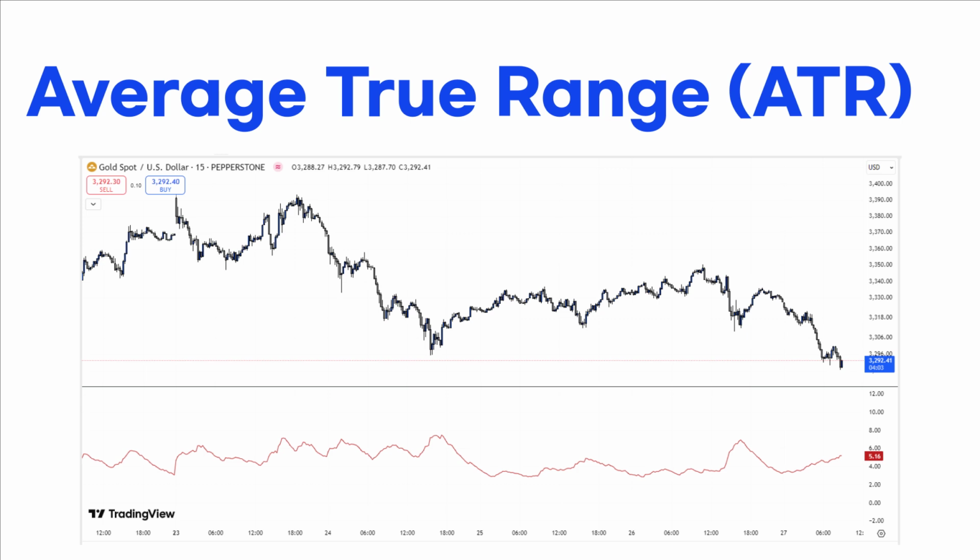The average true range, or ATR, is a technical indicator that shows us the volatility of price over a given time frame. It is calculated by averaging the price movement over a period, which essentially levels out the spikes and dips in price to provide a more holistic view of what the true price is, or in other words, the price's true range. This true range is calculated by finding the difference between the previous close and the current price,